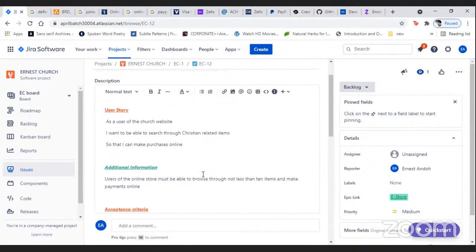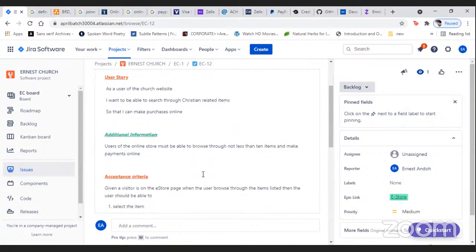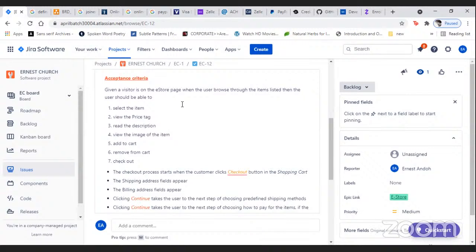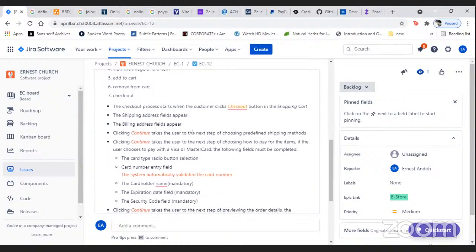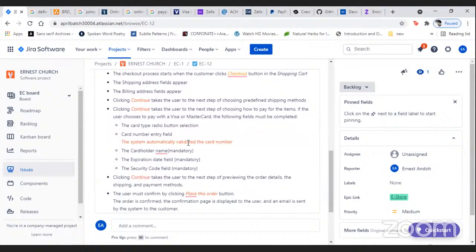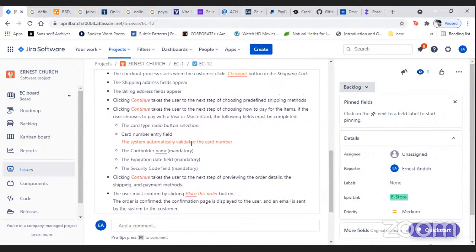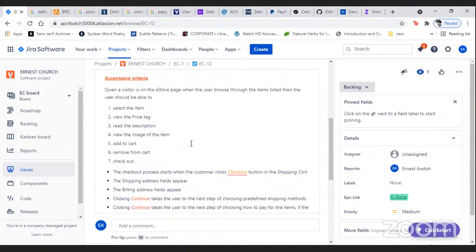So aside from the story and the acceptance criteria, is there no other issue that we can ask about? Like maybe I left something out or I shouldn't have brought something. Okay, I think in